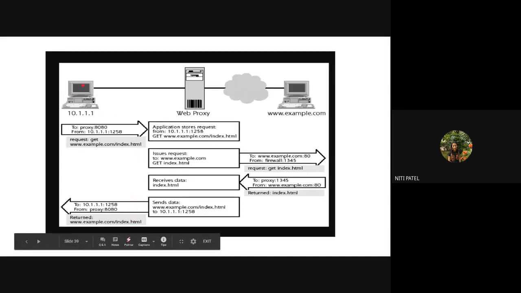Now what is happening? A client is sending a request with the IP address 10.1.1.1. The request is for www.example.com, a website the client has to visit. Now what will happen when the client gives this request? It won't get directly connected to the server, and the server will not directly search for www.example.com and give it back to the client. This request, which the client has sent from the machine 10.1.1.1, will first go to the web proxy, or the proxy server.